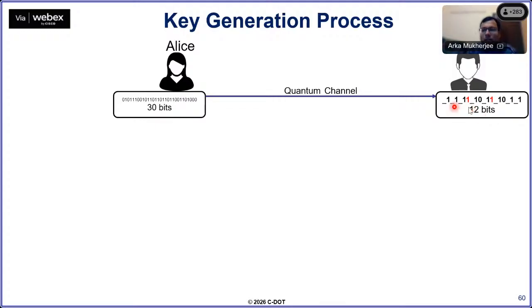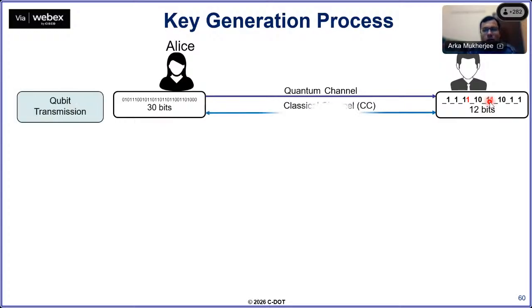But this 12 is random. Alice does not know which 12 are received by Bob, whether it is 12 or 10. Alice has no idea how many have been received and which particular time slot data has been received by Bob. So the qubit transmission phase is over. Once this phase is over, the role of the quantum channel ends, and every subsequent process will be carried over the classical channel. So the next step is Bob will disclose